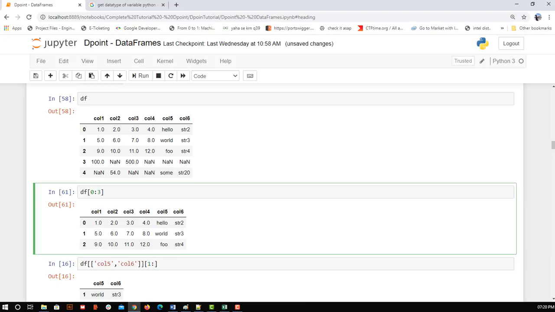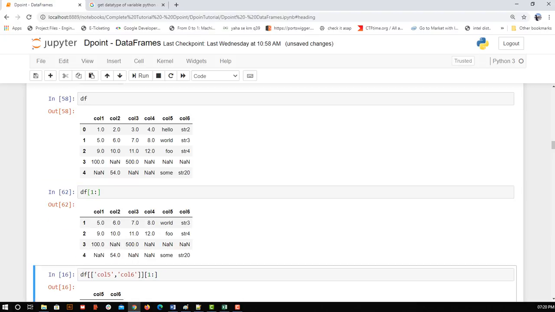I hope this works. Now if I don't know what the end is, and I start reading from 1 and I want all the records till the end, in that case I'll simply remove the upper bound. Empty space means, since it is an upper bound, if I don't mention anything I'll get everything. You can see from 1 it is going till the end and giving me everything. So this is simply like array indexing. And if I want to get till 3 but I don't mention where to start, by default it will take 0, that is the starting value.